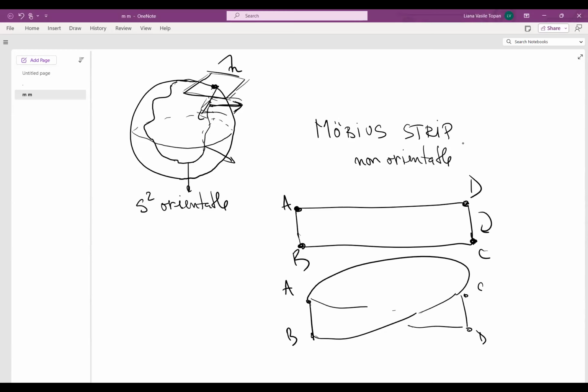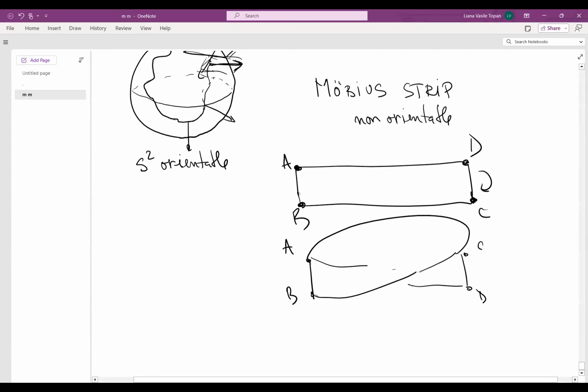You can try to do it with a piece of paper, right? You take a strip of paper, you flip one side, and then you glue the corresponding opposite sides there. This is non-orientable. If you think of this, we do the same thing as we've done with the sphere. Imagine that you take a point, you take the tangent plane here, and then you take the normal vector, and then you move. What happens is that when you move on this Möbius strip and reach this position with your point, your normal will be inward, right? This is a strip. This is a shape having one single face, if you want, right? So this is a non-orientable